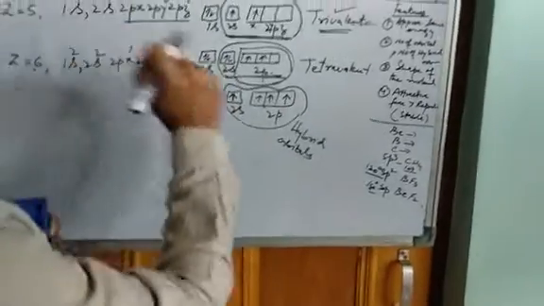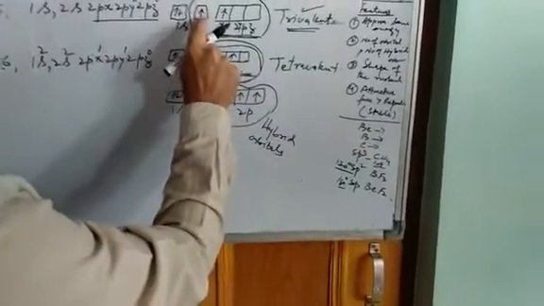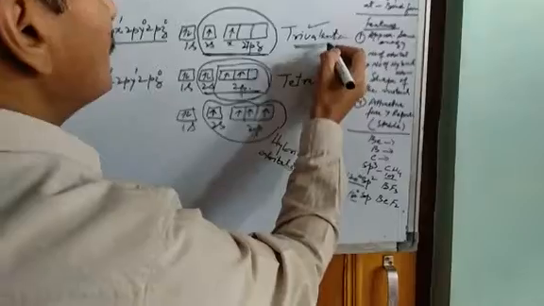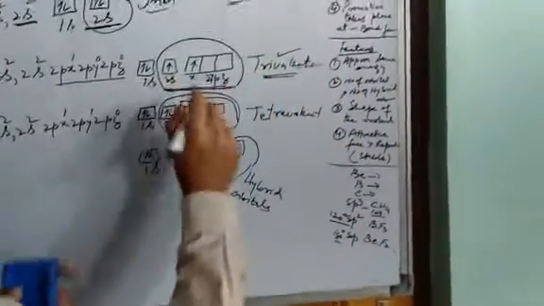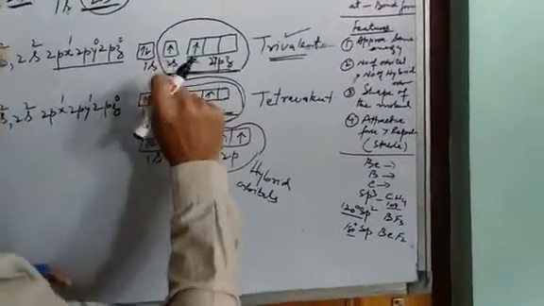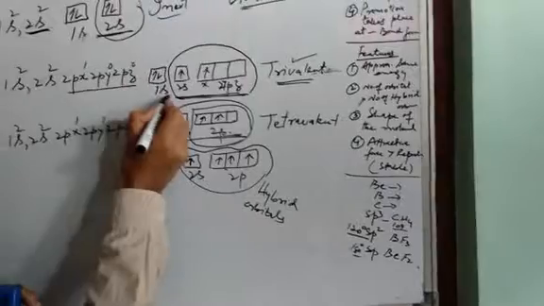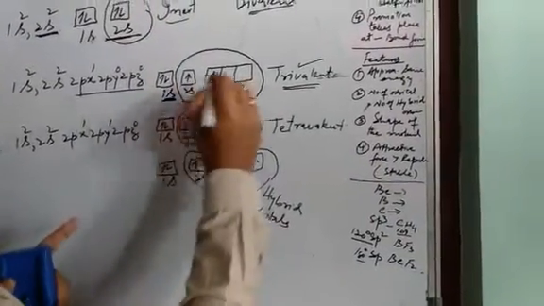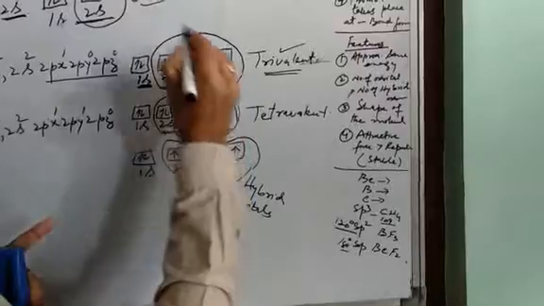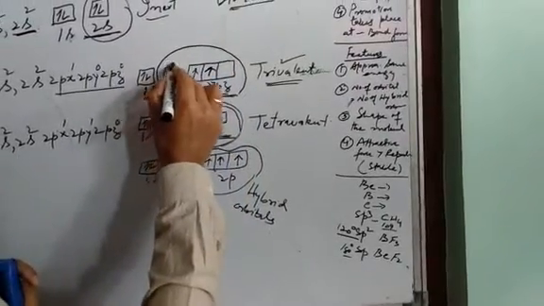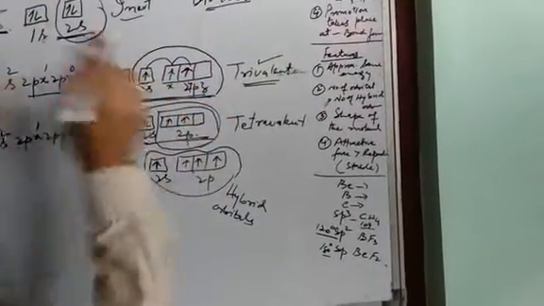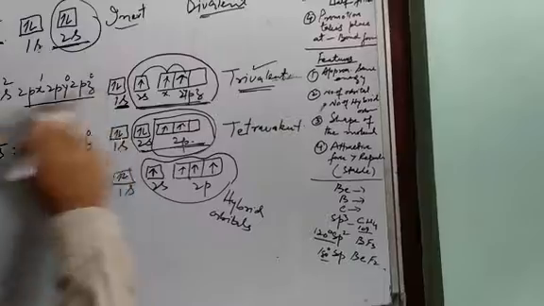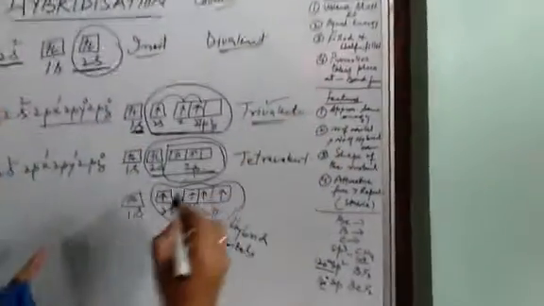Similarly, in boron, we have how many half-filled orbitals here? 2. But as I said, boron in its compounds is trivalent. So what should happen here? Here, one electron can jump from the other shell to go here. So what will happen? There will be 3 half-filled orbitals. These 3 half-filled orbitals mean your boron is trivalent in its compounds.